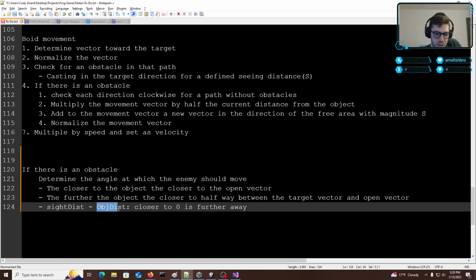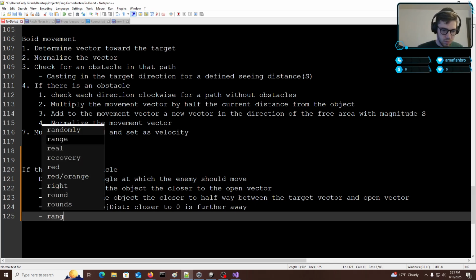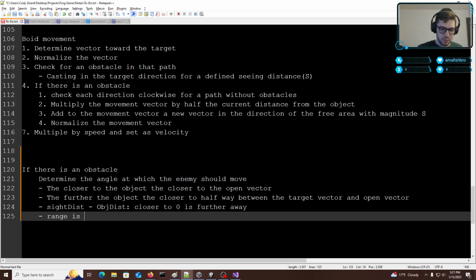Because the closer the object distance is from the sight distance, the closer it's going to be to 0. So the higher this is, so if this is like a 0, so the range is the